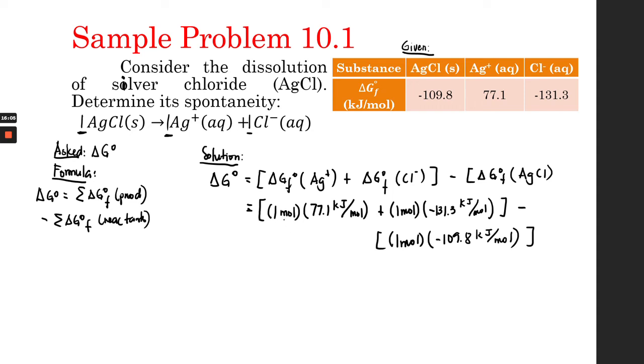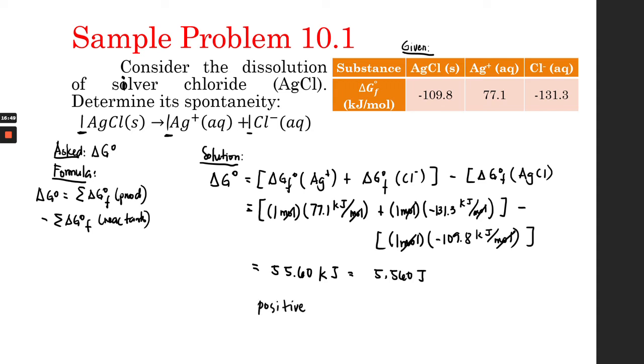Okay, and then the moles cancel, cancel all the moles, and what you're left with is basically kilojoules, and just plugging that into the calculator you would get 55.6 kilojoules, or this is basically equal to 55,600 joules. So this is the standard free energy change at 1 atmosphere at 25 degrees Celsius. And since this is positive,